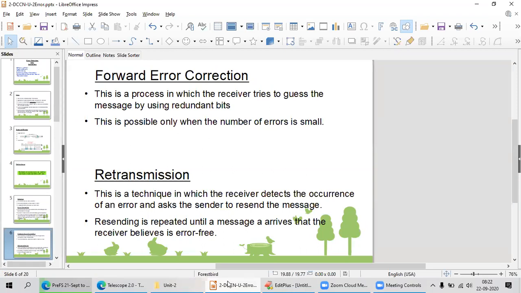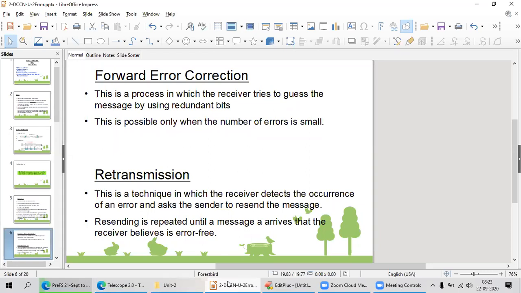I'm not using anything. I'm using redundant bits, that is parity bits of your message, to correct that particular data. I'm going to guess that particular data and use it in my service. This is possible only when the number of errors is small.